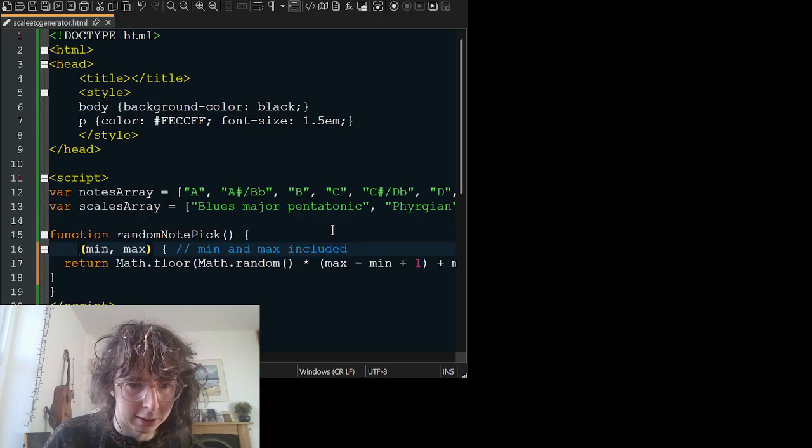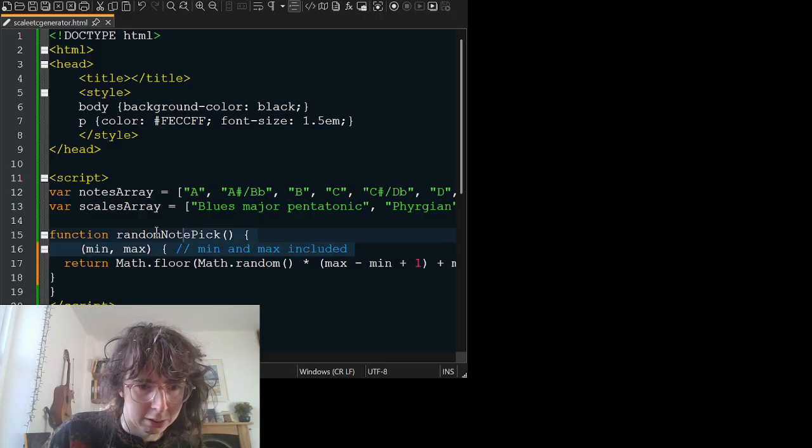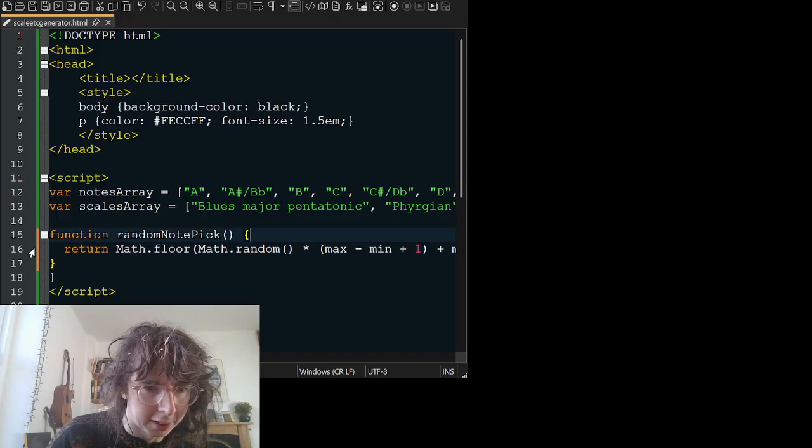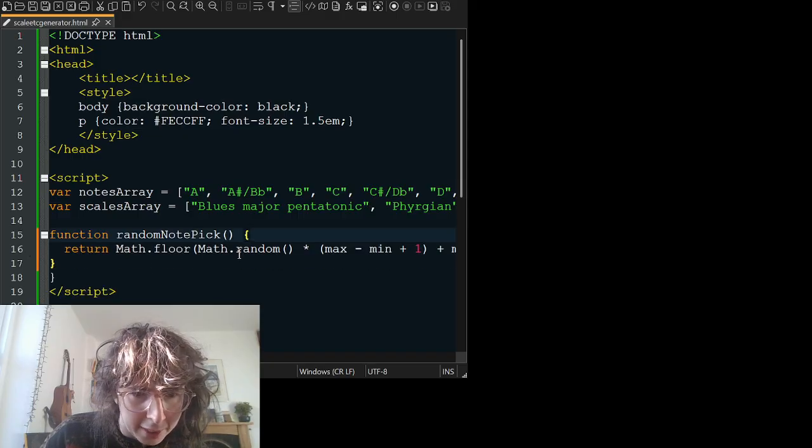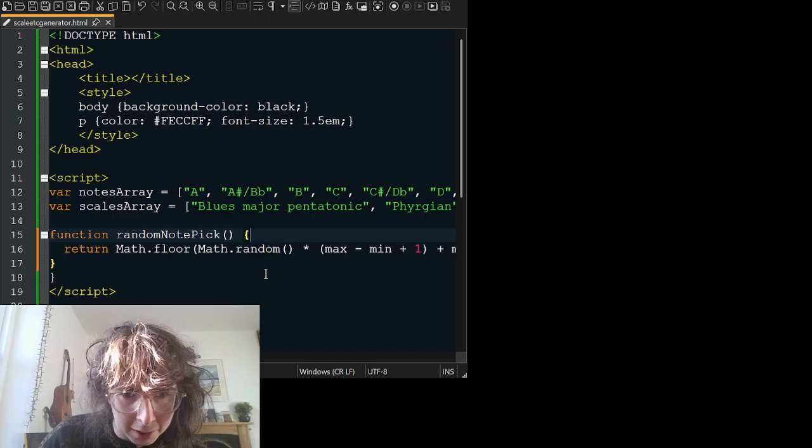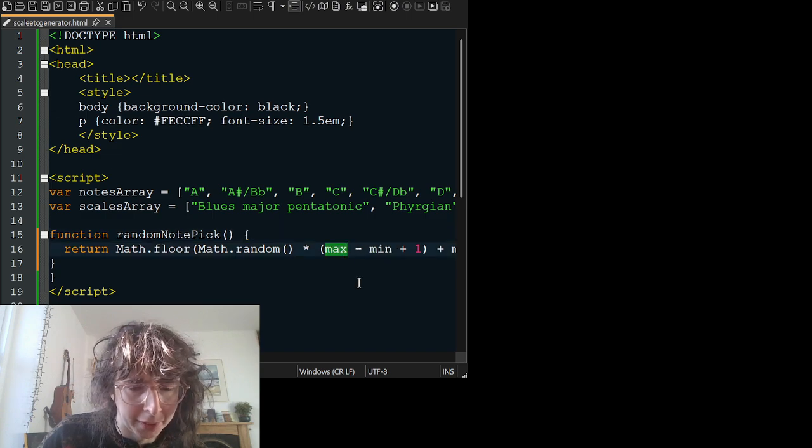So their function is return math.floor of math.random times max minus min plus 1. So the maximum is going to be